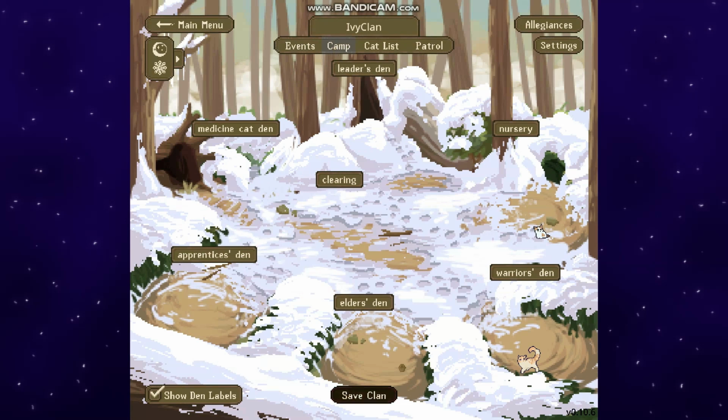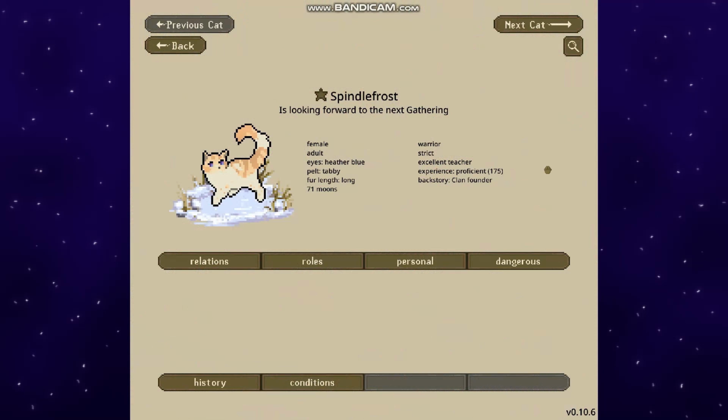So let's see how they're doing this time. But first, we gotta check on the weather. So we scroll back down to where our leaf-bare weather is. Alright, I rolled 96. That means that it is hot today, which is nice in the cold, more than usual. So it is a nice hot day,